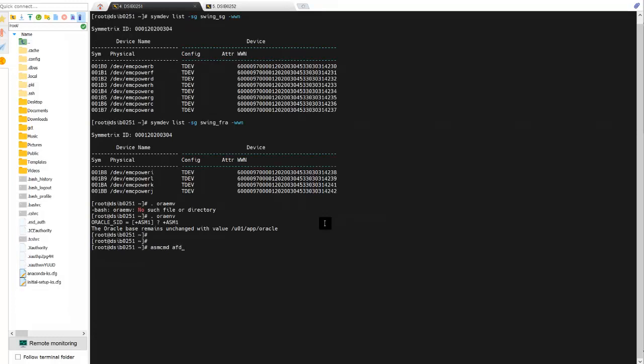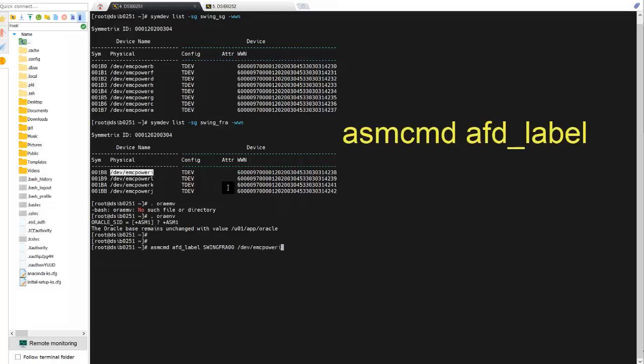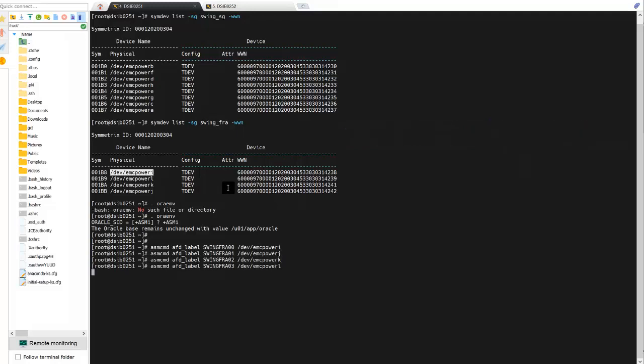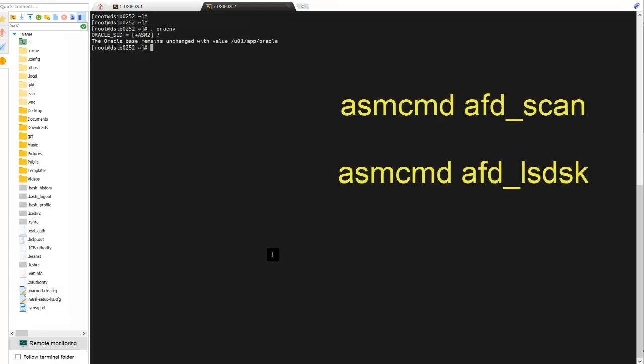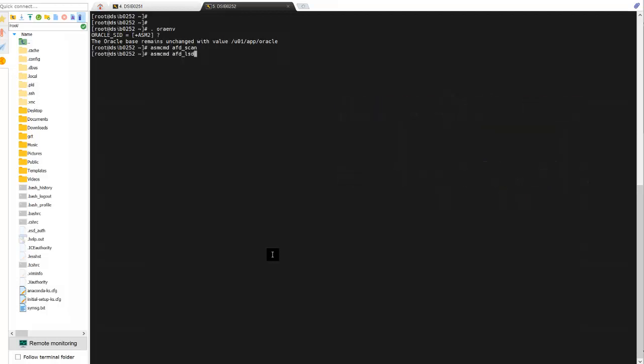the disks. I'm back on node 1 and I have my list of new volumes. I will use the command asmcmd afd_label to label each of the 4 volumes for the new Swing FRA disk group. Once we've labeled all of the disks, we can swap to node 2 and then use the command asmcmd afd_scan to scan for the new disks, and then asmcmd afd_lsdsk to show the DBA what ASM